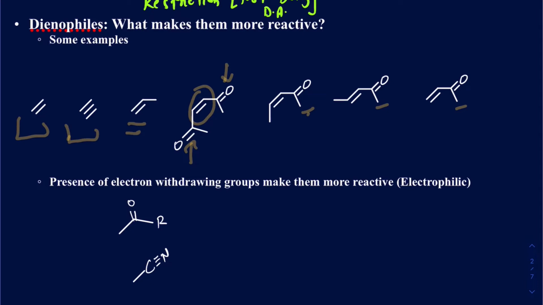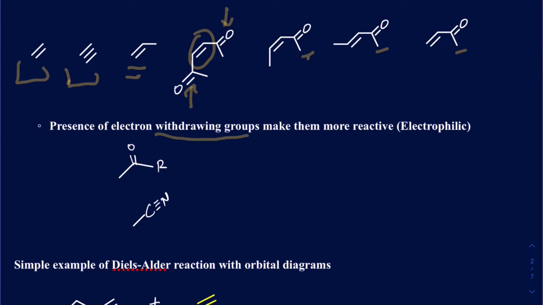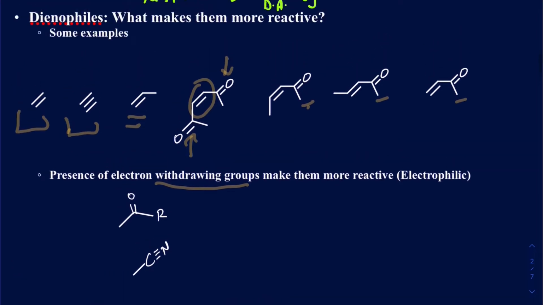That's completely okay. And if I have an electron withdrawing group, it pulls the electron density from that pi bond between the two carbons, and as a result makes one of those carbons very electron deficient, and as a result becomes very electrophilic through resonance. And how does that really work? So suppose I take this as my example,